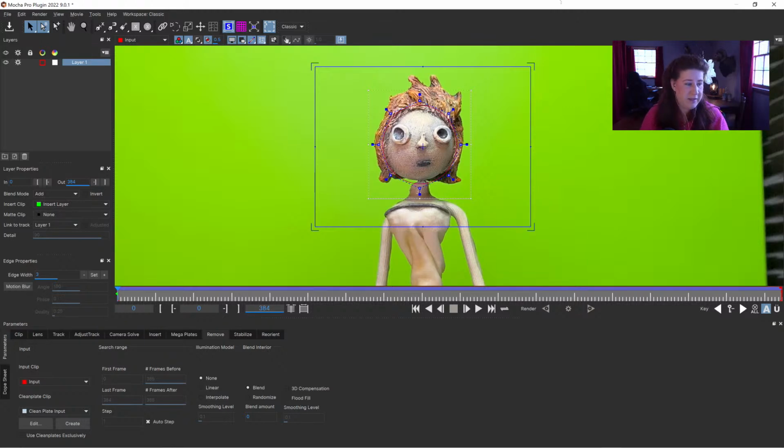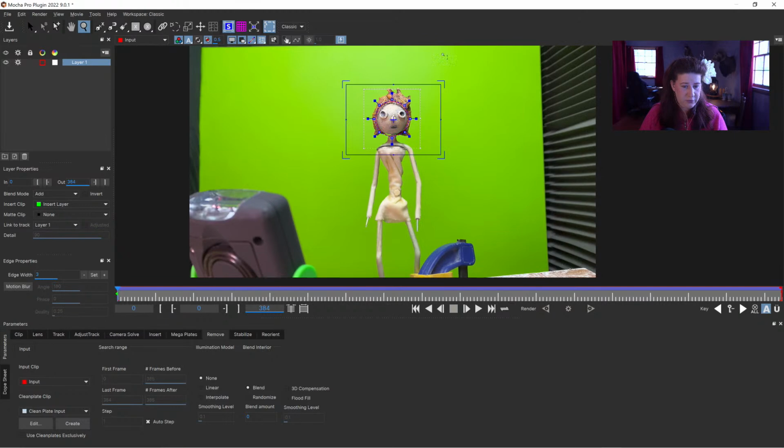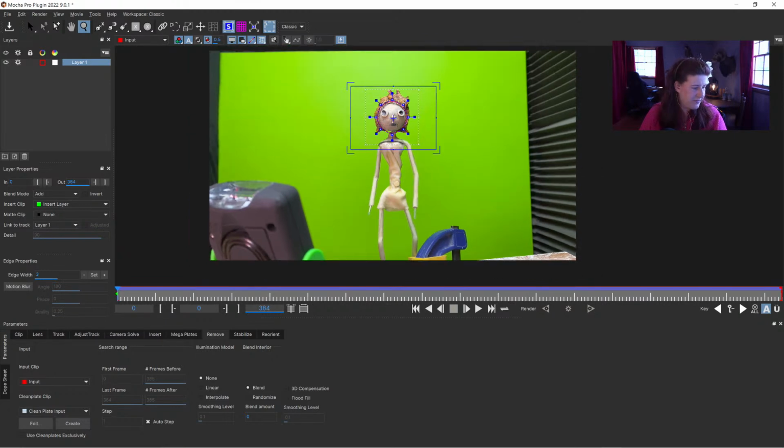Now, another thing that was a problem with this shot that I kind of want to talk about for a second is when some of the users were trying to work on this shot, oh, very good. I'm glad the flattened face worked better. Okay, but when the users were first working on this shot,